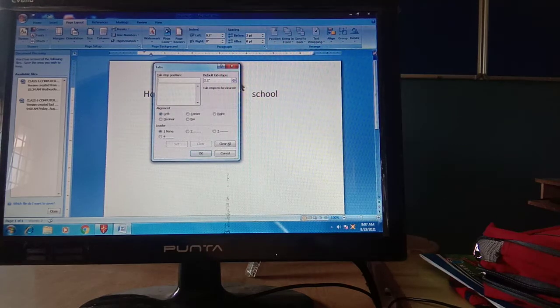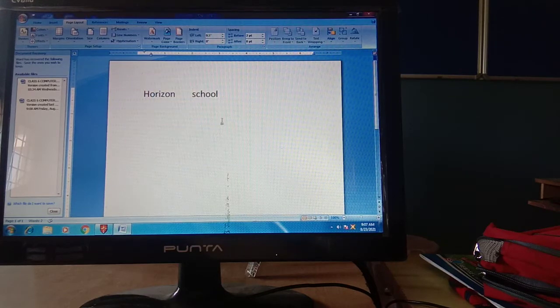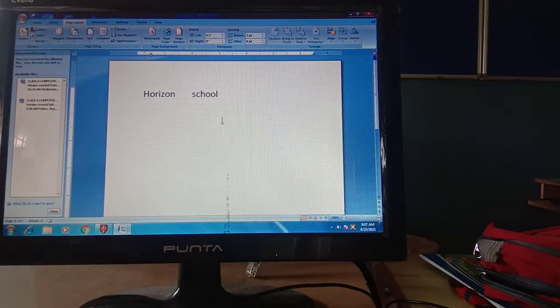Now I am setting it to default. Default size is the correct one. It can be according to our need, but right now I don't have any requirement of increasing or decreasing, so I am just setting it to default size. So what is the default size? It is 0.5 inch. Okay students, so as I set it, now it is 0.5 inch.